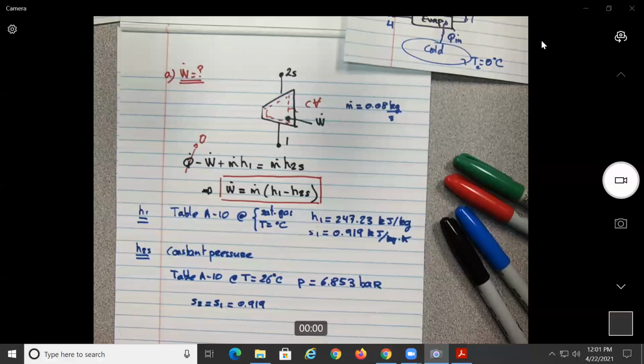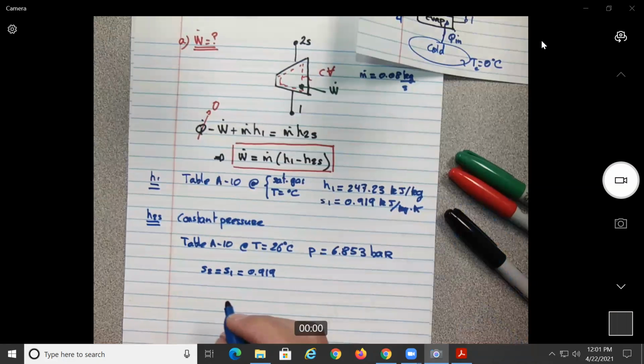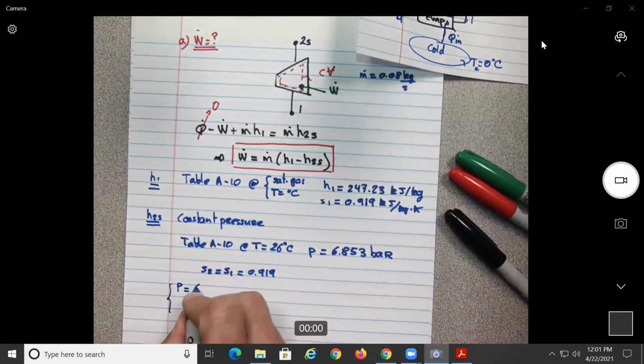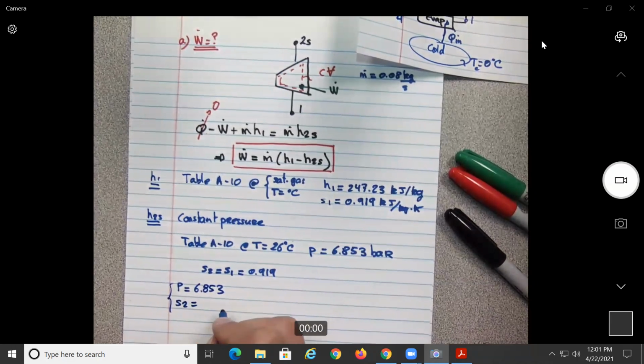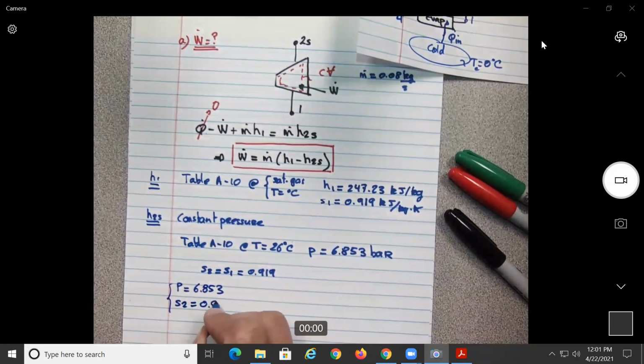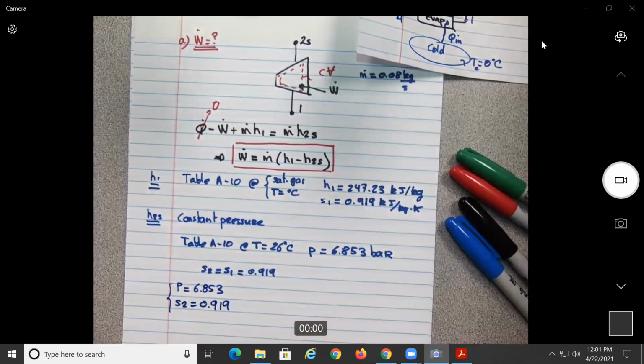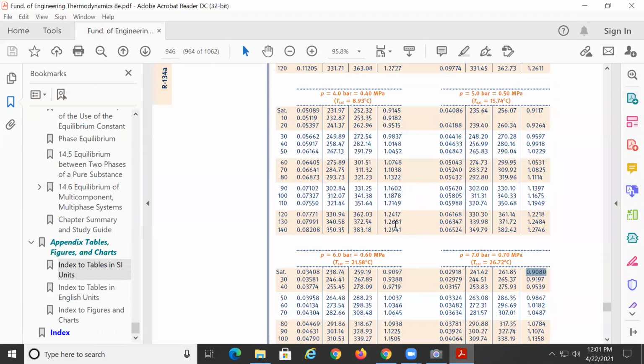All right, so over here we know two things. For H2S, the two things we know are what? The pressure is 6.853 and the entropy is 0.919. Okay, so as I was explaining outside the recording, when you go to the textbook table A11,